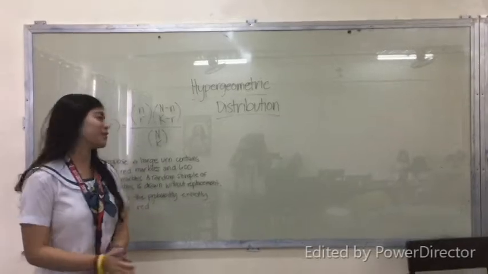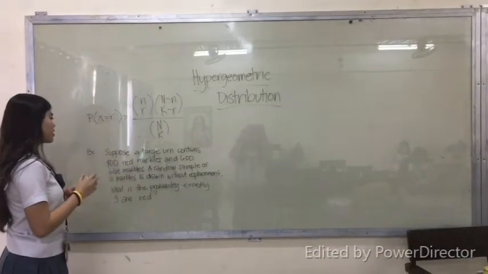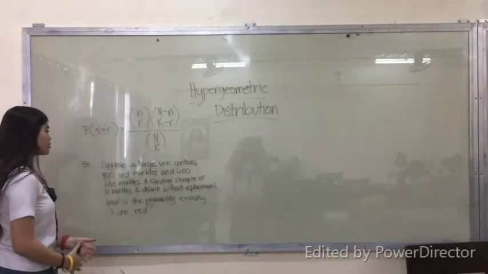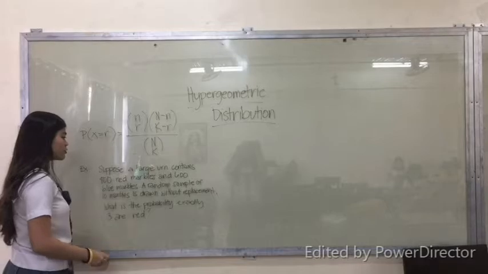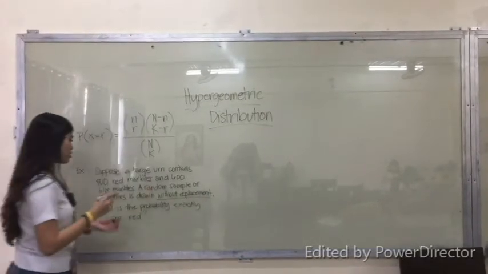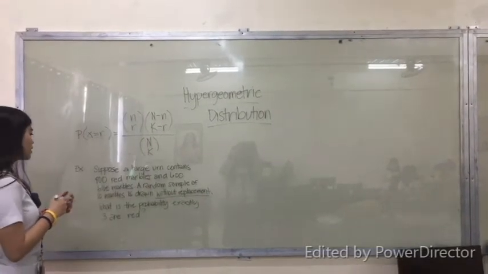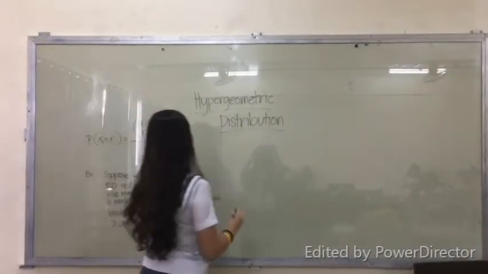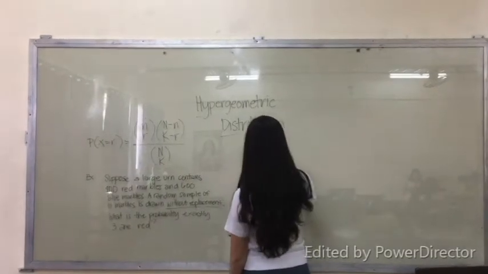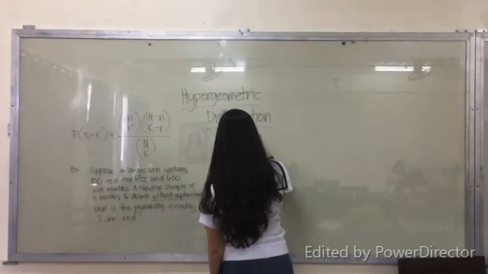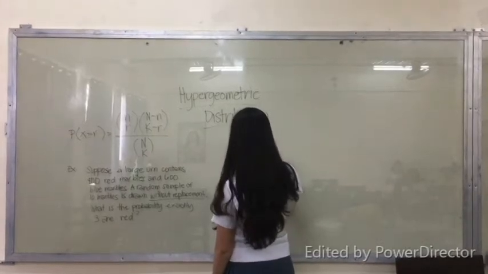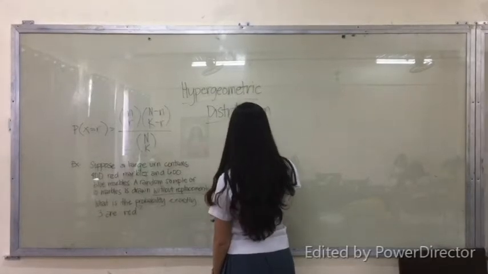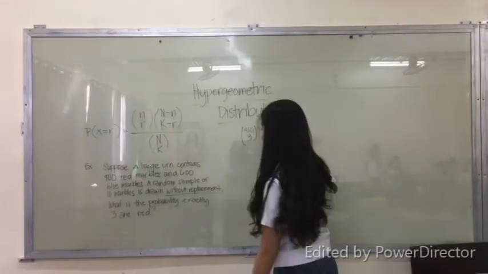So another example is, suppose a large urn contains 400 red marbles and 600 blue marbles. A random sample of 10 marbles is drawn without replacement. So here is the clue again, without replacement. So what is the probability that exactly 3 are red? If we apply the formula, it is 400, which is the total number of red marbles, choose 3, which is the red marbles in the question, times 600,